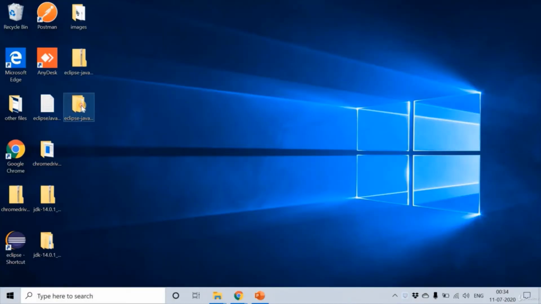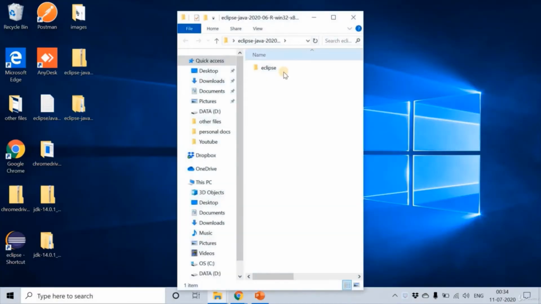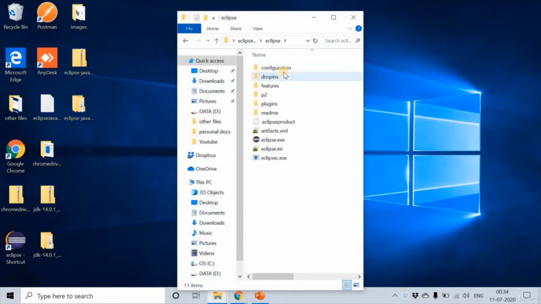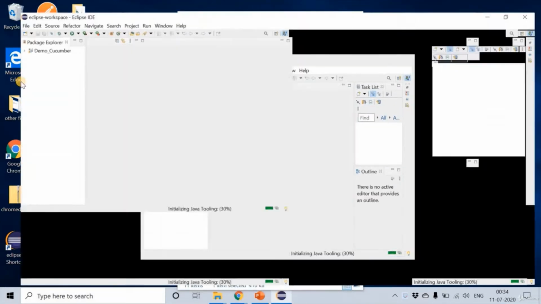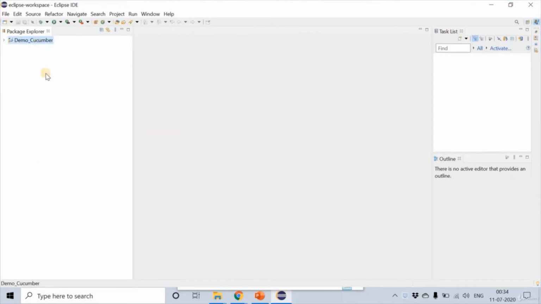So, let us just open our Eclipse right now. Go to the location where your Eclipse exe file is located. Double click. You can see that there is already a project present in this particular Eclipse IDE.